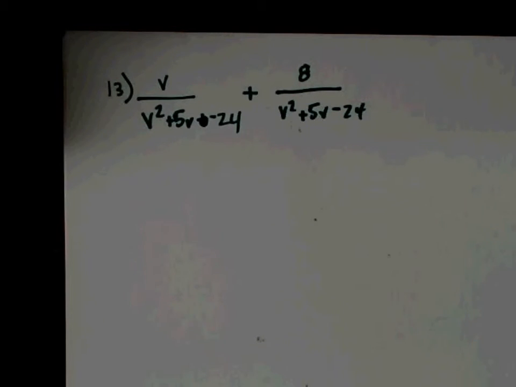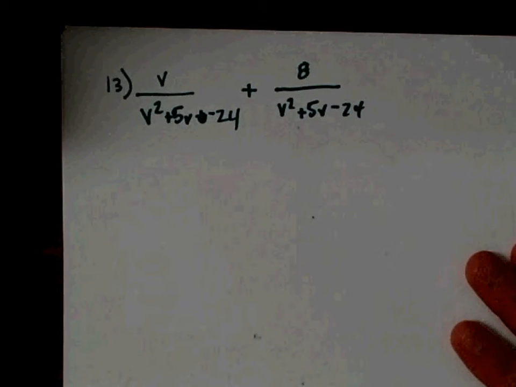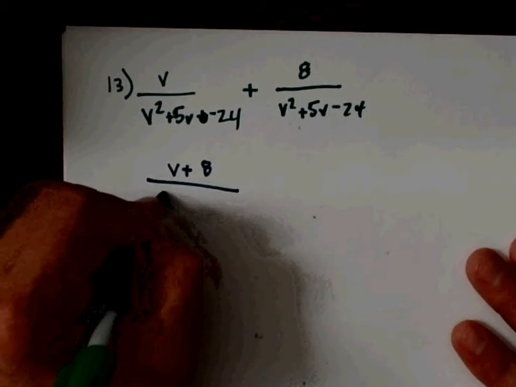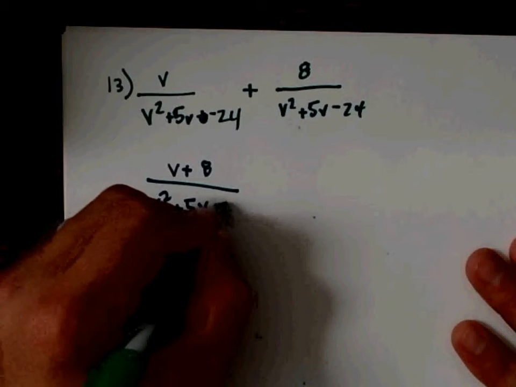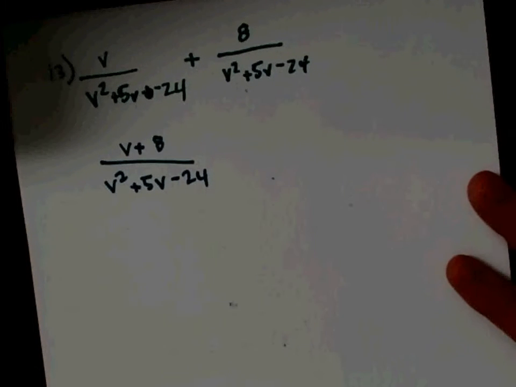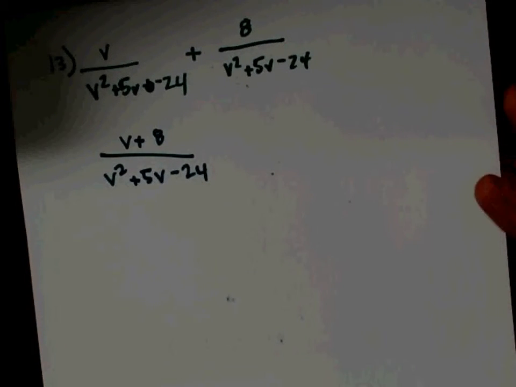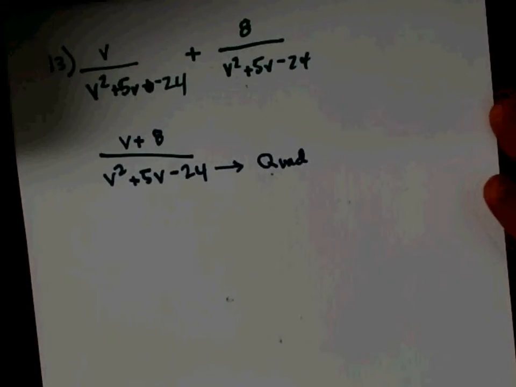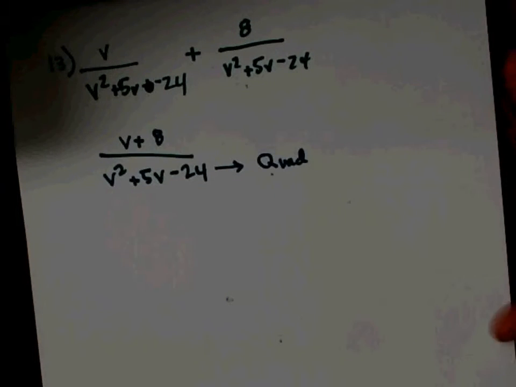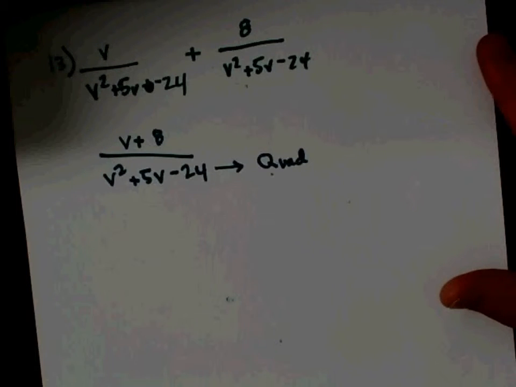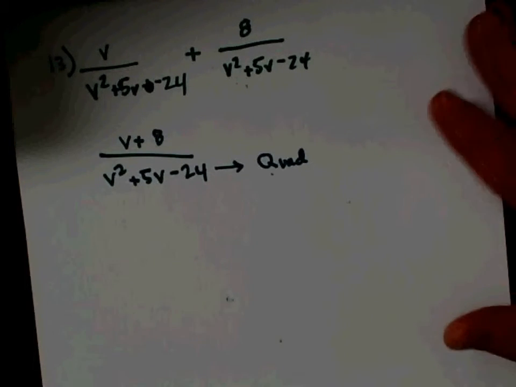All right, and this one already has one, so the very first step says, combine the expression. Write it as one expression. Now, what do we have in the denominator? It's a quadratic, okay? So now, is the value of a 1 or greater than 1? It is 1. So therefore, all I have to do is ask the question, what